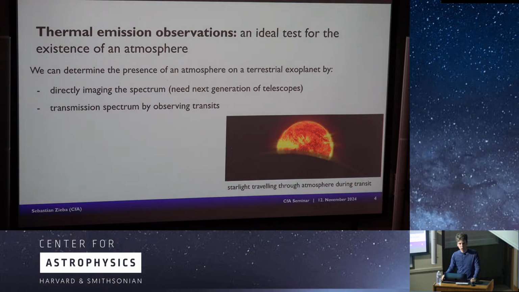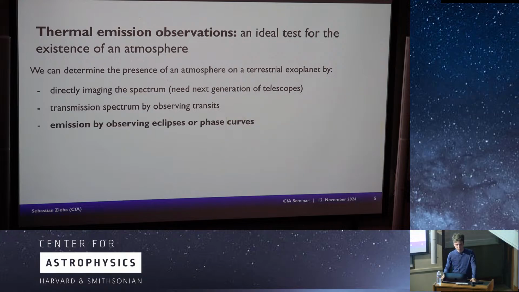We can do transmission spectroscopy, where the light of the host star travels through the atmosphere of the exoplanet, and different species in the atmosphere filter out different wavelengths. We can then figure out which elements are in the atmosphere of the rocky exoplanet, if it has an atmosphere. But a really nice technique to learn not only about the atmosphere of exoplanets, but also about the surfaces,